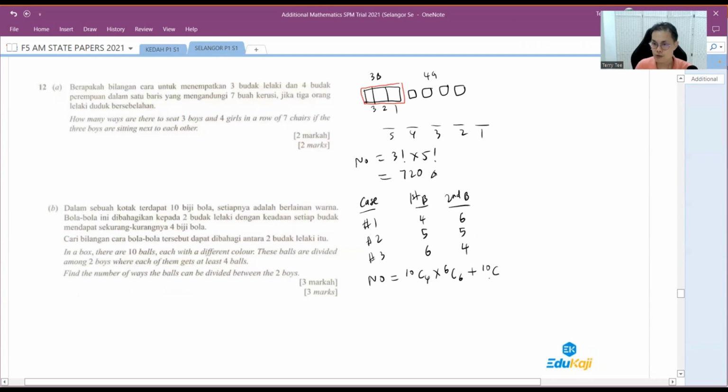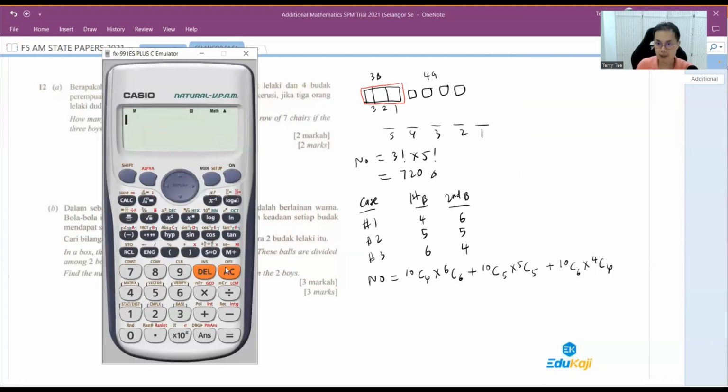Okay, second one. The first boy chooses 5. The second boy has no choice, he has to take the remaining 5. Now the third one is the first boy chooses 6, the second boy gets the remaining 4. So we will just add them up, right? So it's 10C4. Now 6C6 is 1. If you don't want to type, it's okay. We just plus the next one, 10C5, and the next one, 10C6. Okay, so the answer is